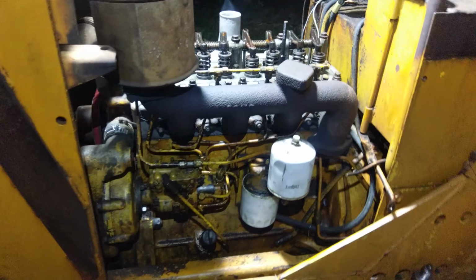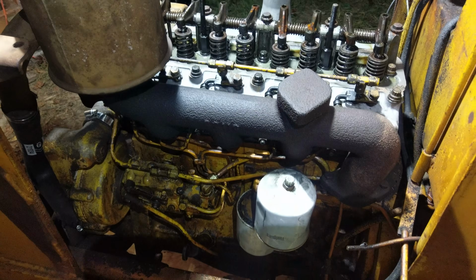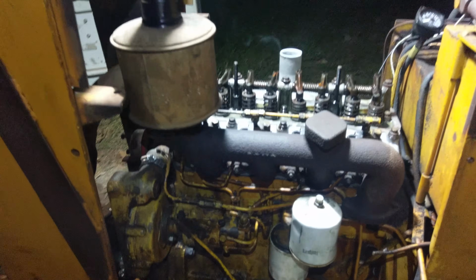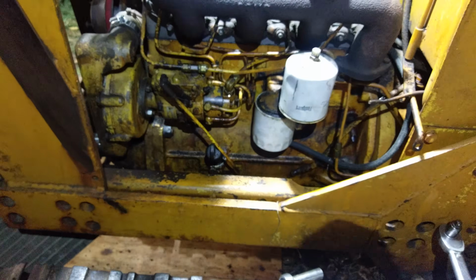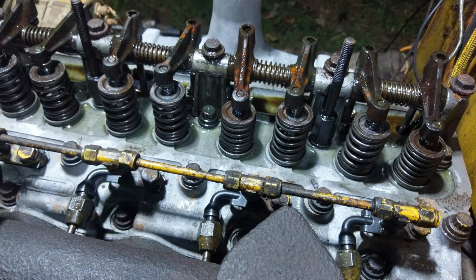It sounds pretty good. I got on there for a second, but it kind of fell on its face a little bit when I gunned it. And then it picked up and I saw a little bit of smoke come out. So I think it's still fuel related. I think once I run it for a bit, it'll smooth out. But yeah,